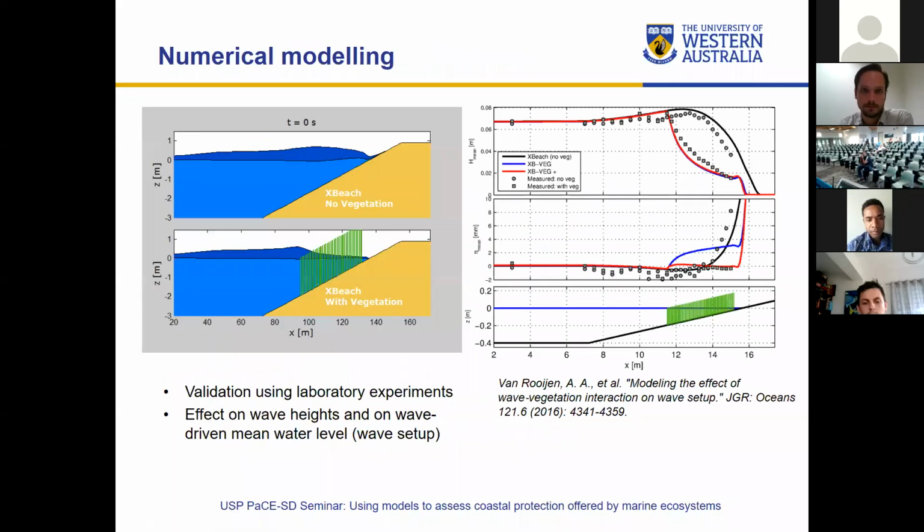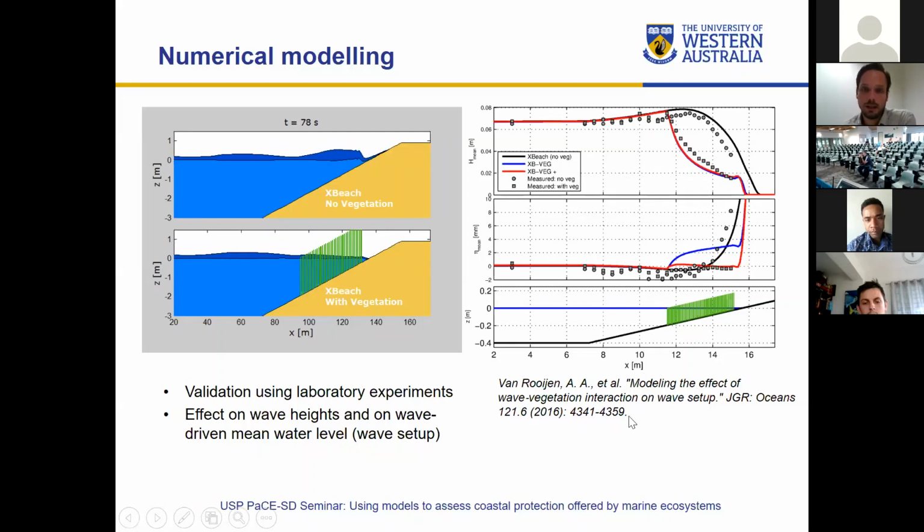a complicated story. But anyway, we included the state-of-the-art theory in XBeach, and on the left you can see that animation: if you have some sort of vegetation, then you see the waves are being dissipated, represented by the dark blue envelopes. So here's some validation with lab experiments. On the right you see the wave heights across the beach slope, which is shown at the bottom with the location of the vegetation. The measurements are represented with the markers. Without vegetation, that's what the measurements show and what the model shows, and then with vegetation you get this